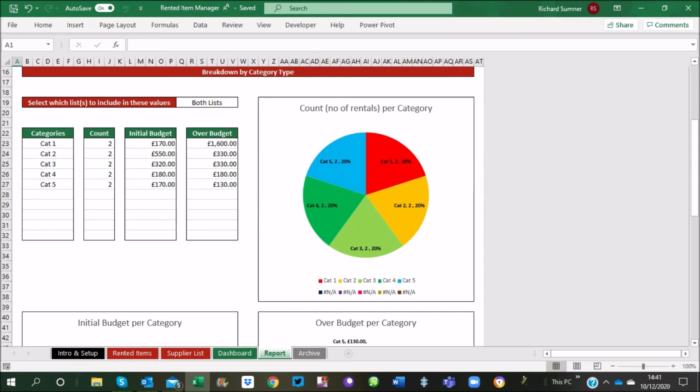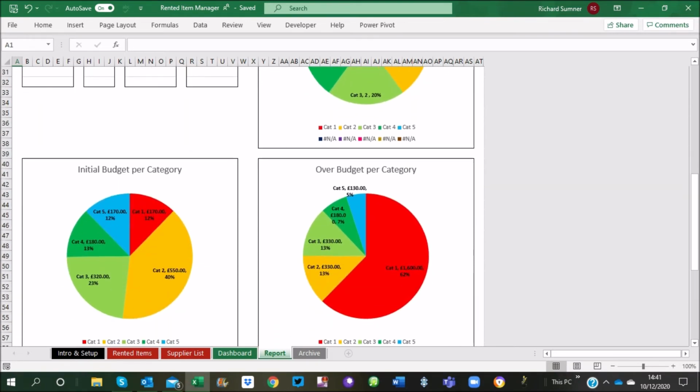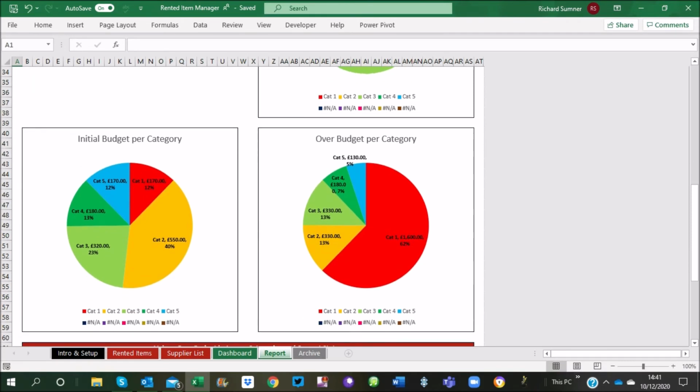So this was a count, the number of items. So there's two each, so each of them have got equal representation. But here you can see that was the initial budget of all the categories, and this was the actual, what we've gone over budget. So you can look at that and go, hang on. The red one here, category 1, is quite a small initial budget, but it's taking up a lot more of this graph, and that to me would be a red flag, and I would then start asking questions as to why this category 1, why do we have such a low budget for it, and we're actually spending